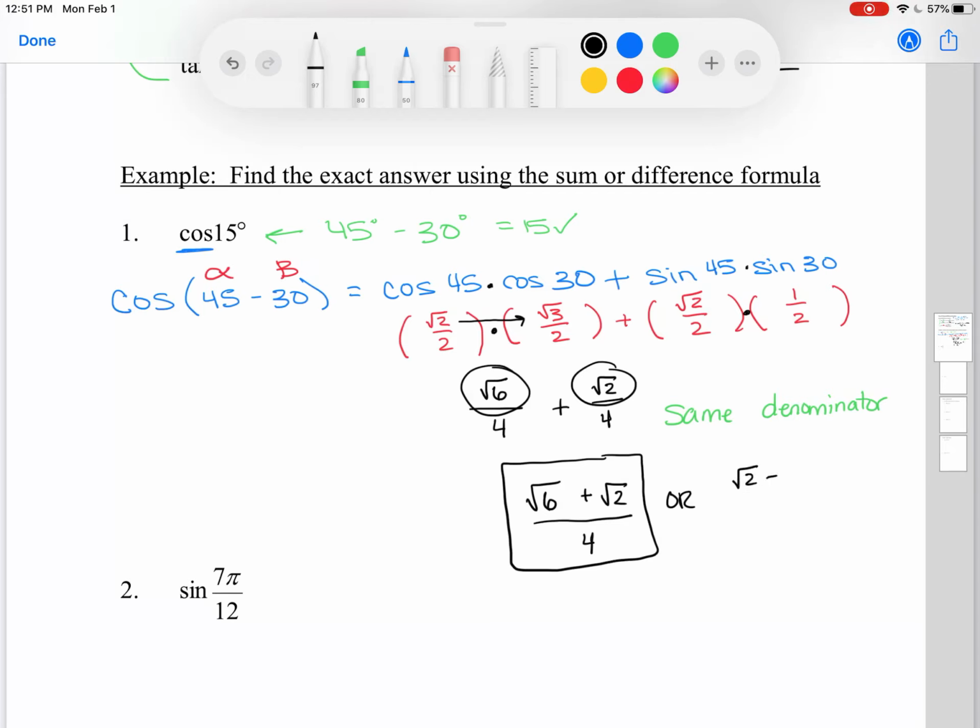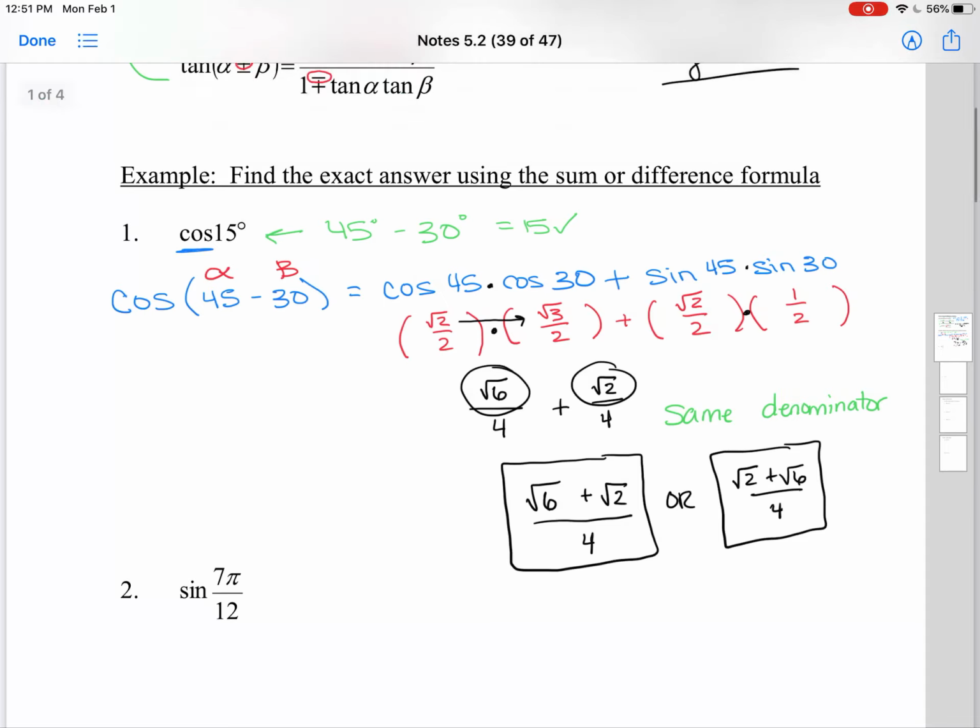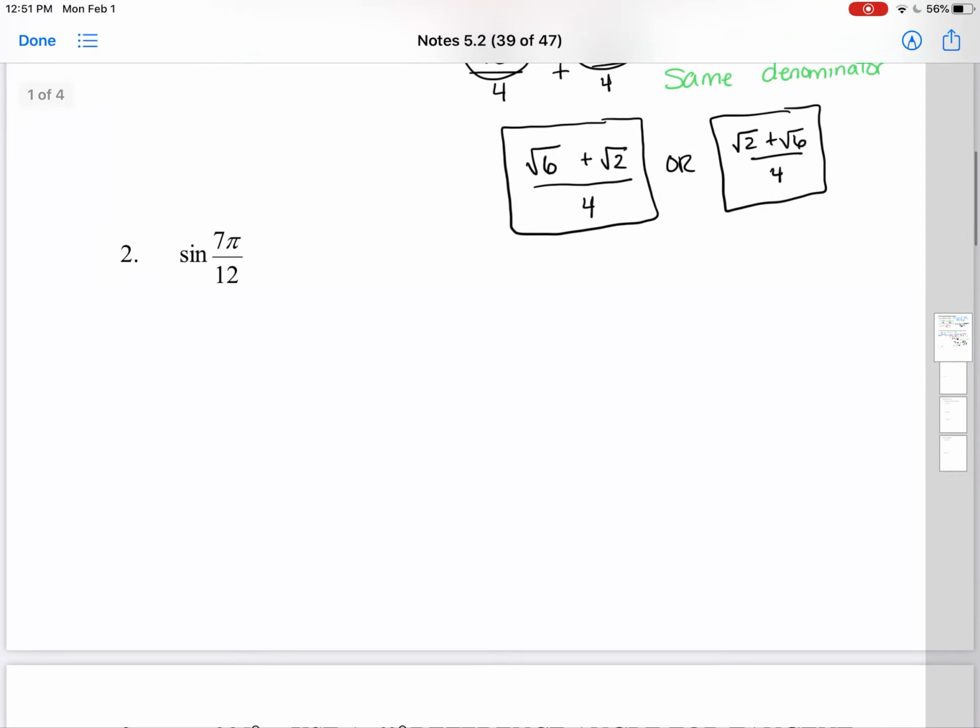Okay. Again, if you chose different angles and you got root 2 plus root 6 over 4, that can also count as an answer. Okay, remember, the commutative property of addition allows us to switch out our values. All right. So when we get to question 2,